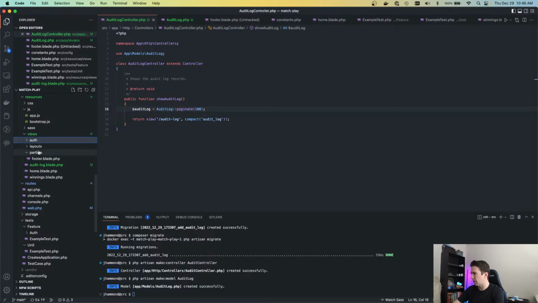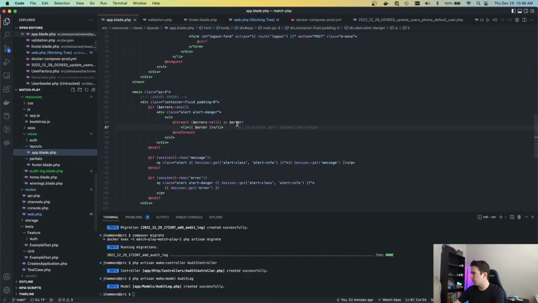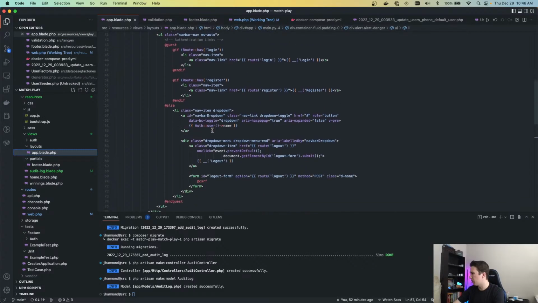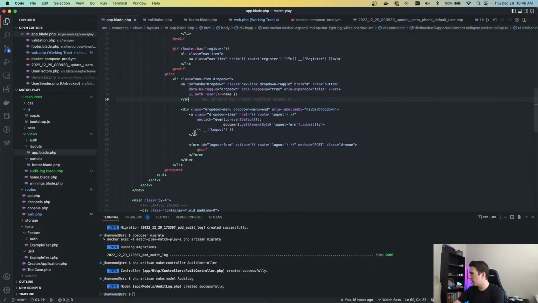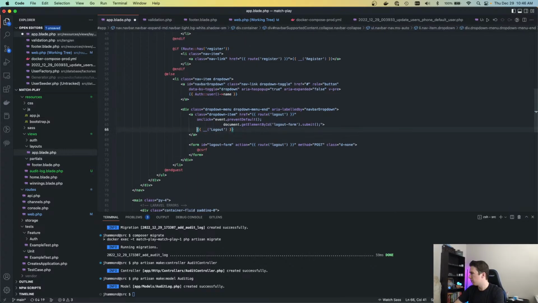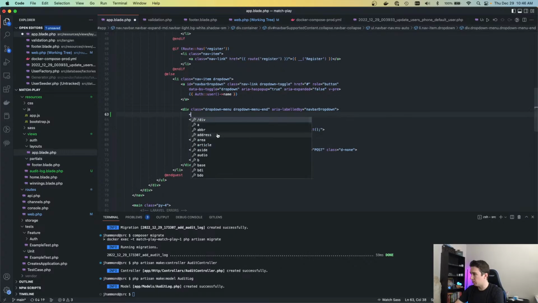We don't have a nav yet. I'm curious, is it just stuffed in here? It is. We can fix this later. So if it's logged in, it's basically saying, hey, here's the name, here's the drop down, and inside of it, there's logout. So before that, we want